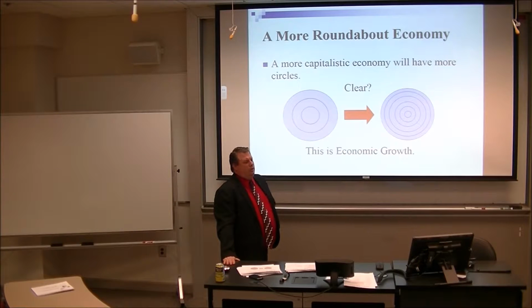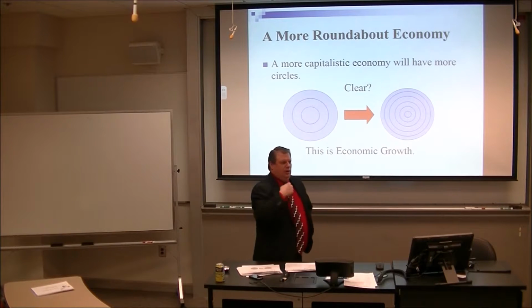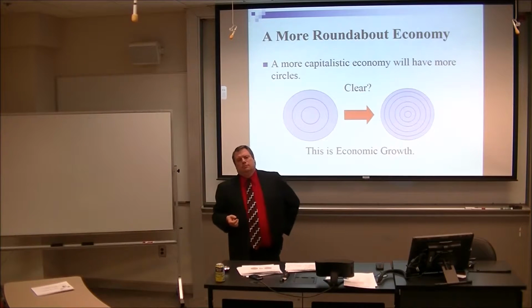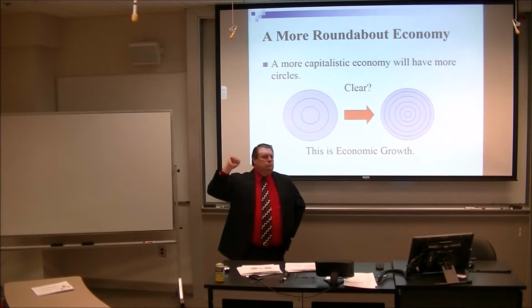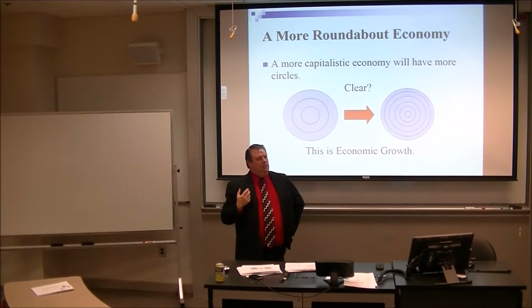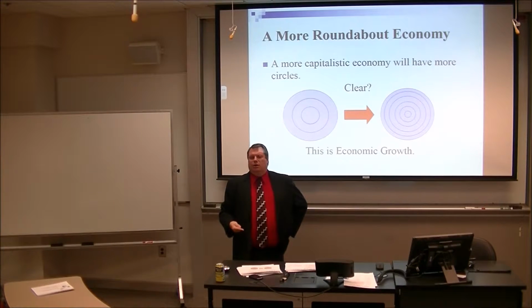Now when we talk about roundaboutness, we're talking about less direct. What's a direct form? It's when Tom Hanks eats the berries. A less direct form is when I use a capital tool. I knock the berries from the tree, I then pick them up, and then I eat them. There's an extra step there, isn't there?